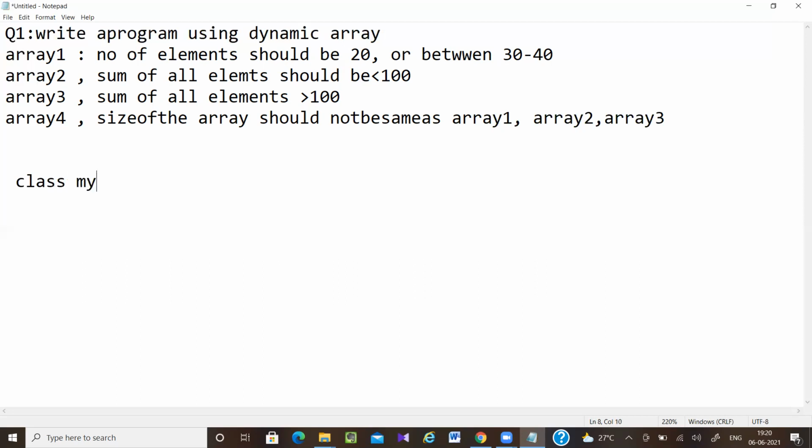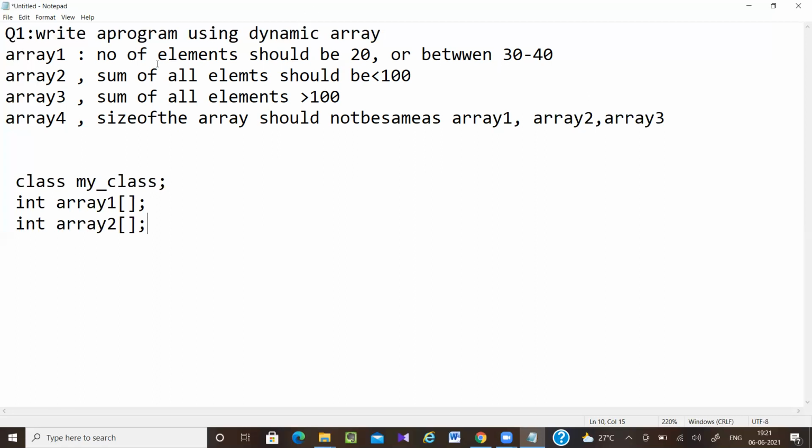So class my class. Now here I am going to declare 4 dynamic arrays: int array 1, array 2. If I simply write array 1, array 2 like this and then add constraints or do the randomization, it is not going to work.